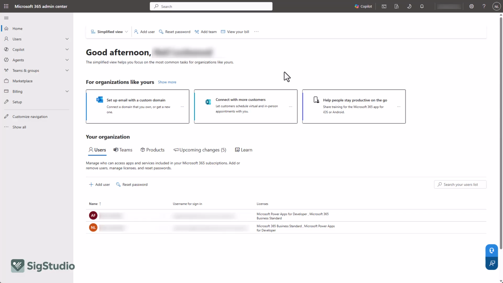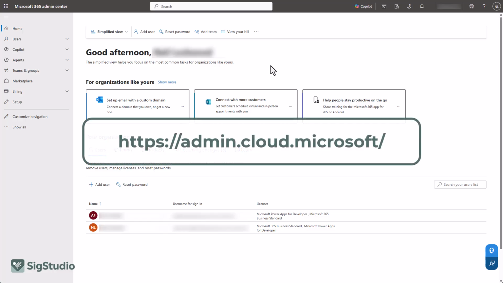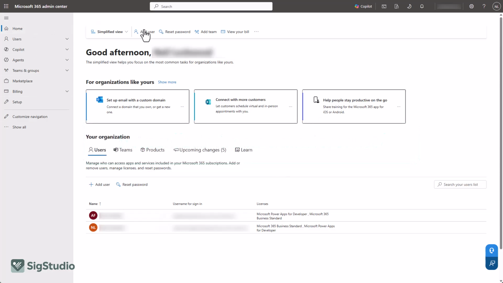Today, I'm going to show you how to centrally deploy our Outlook add-in as a Microsoft admin. To begin, you need to head to admin.cloud.microsoft, and it should bring you to a page that looks like this. And so if you can see Microsoft 365 Admin Center, you're in the right place, and you have the correct